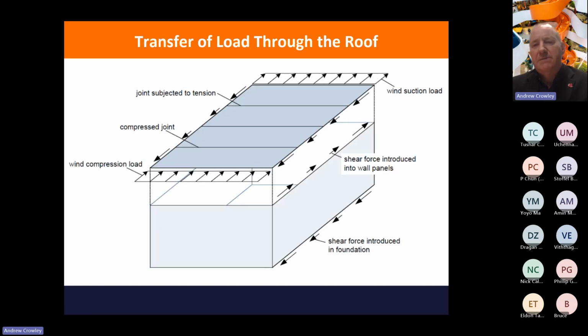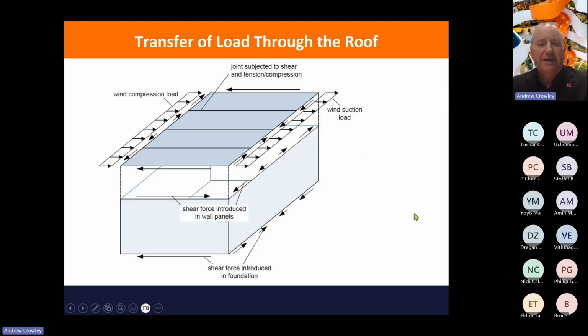We sometimes use these panels, particularly the roof panels, as bracing, and so we want to form a diaphragm. And so that means that loading on the ends of the buildings gets transferred to the side walls through diaphragm action within the panel. Now, if you've got compression at one side, you'll have compression in your joints. If you've got tension, suction, at the other side, you'll get tension in your joints. And to form these as a continuous membrane, we need to connect the joints with rivets. And we also need a fixity all the way around to make sure that your panel actually works as a